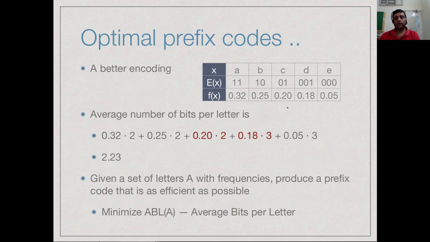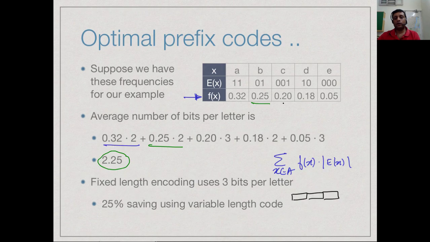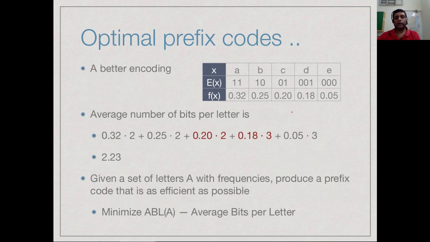So in the previous example, we had 2 frequencies, 0.2 and 0.18. So 0.18 means D is less frequent than C, but somehow we had assigned C a longer code. So this violated our basic principle that shorter codes should be assigned to more frequent letters. If I see a pair of letters where one is more frequent than the other, I expect to get a shorter code for it, and I had not done so. So if I invert that,